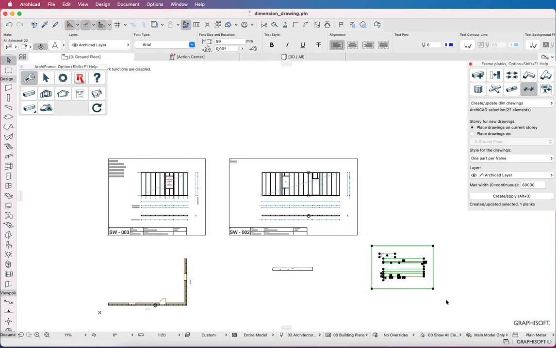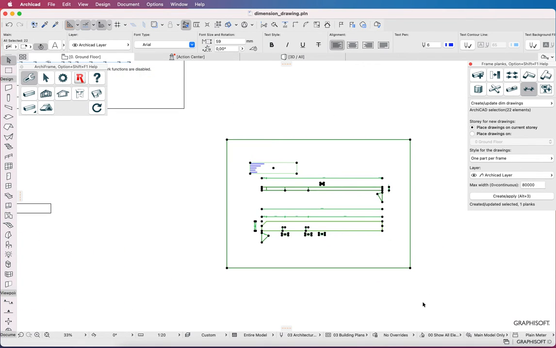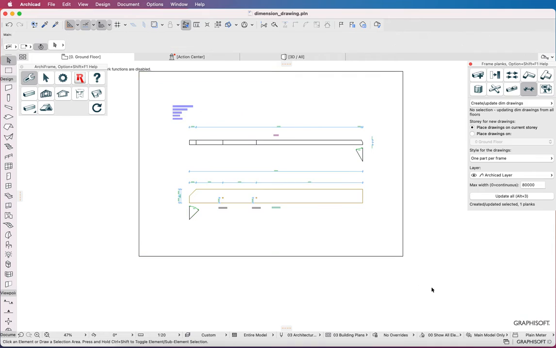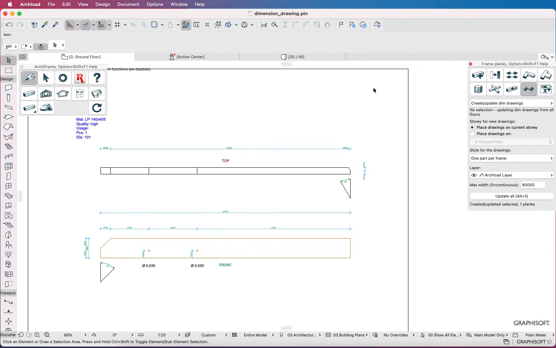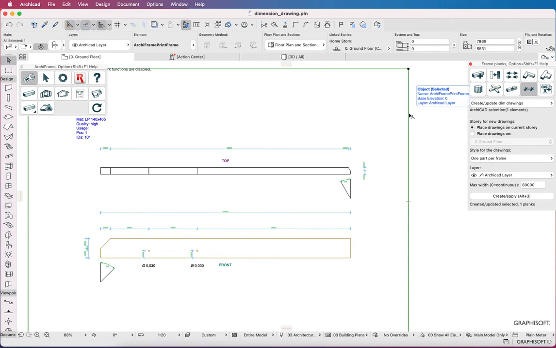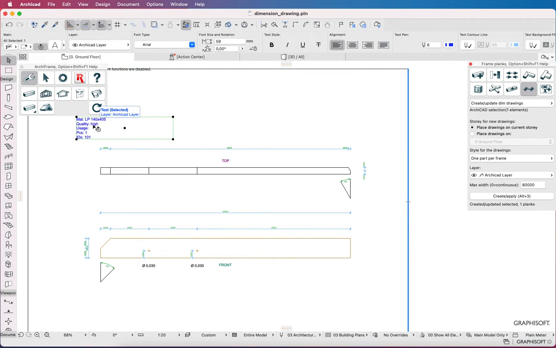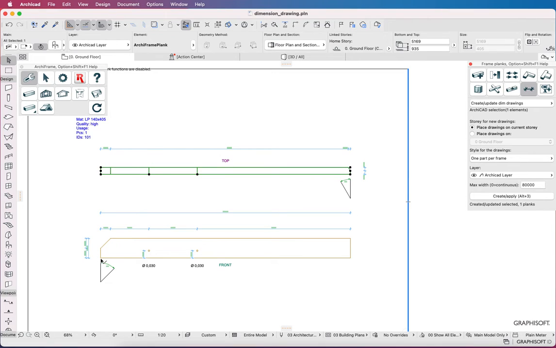Let's take a deeper look at this new drawing. Inside the frame, we have some description text. We have two projections, top and front, and there are many dimensions around these projections.